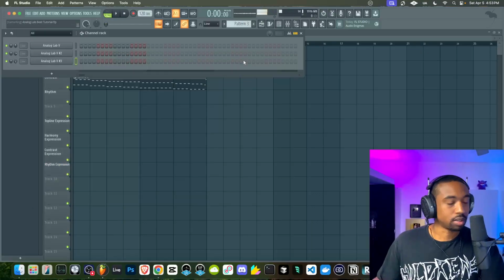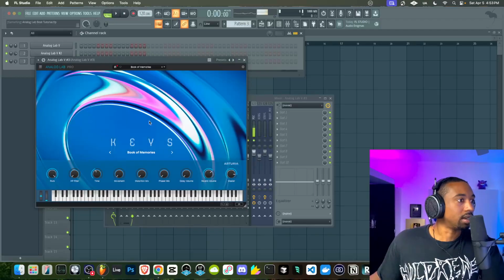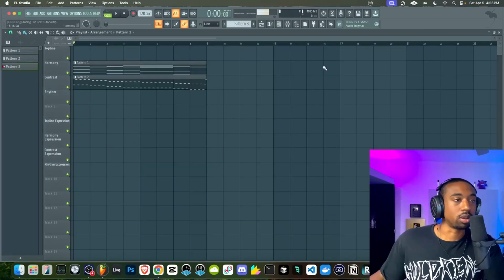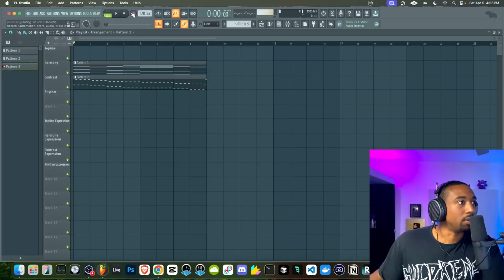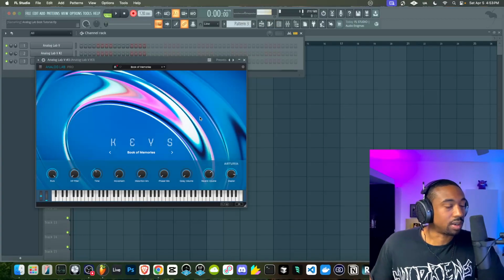All right, so we can get away with this sound. What I do love about Analog Lab is that they've changed the interface to give you presets right away that you could tweak. Before it used to be a little bit more convoluted, but they definitely updated the way you go through presets, which is very satisfying of a process.